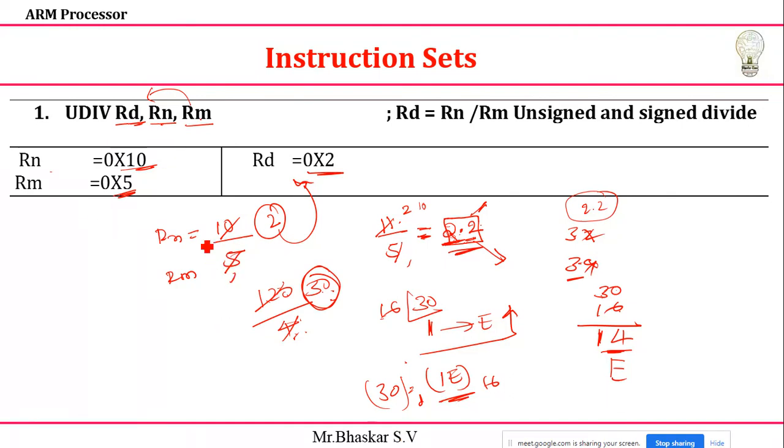Okay, so in this way data will be stored. Remember, only the quotient value will be stored. This is my UDIV instruction: U means unsigned, DIV means division. Okay. Is it clear? Is it clear, this instruction? Okay, so this is about the instructions. So hope you understand. The next class